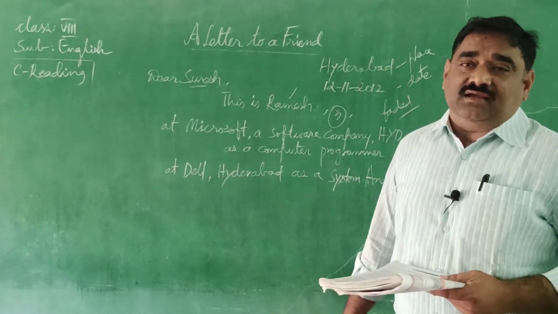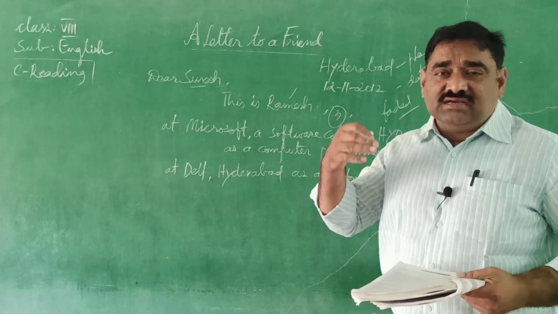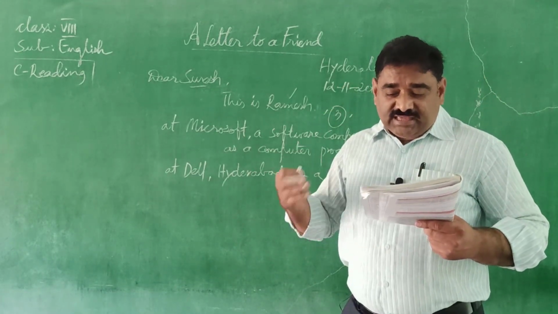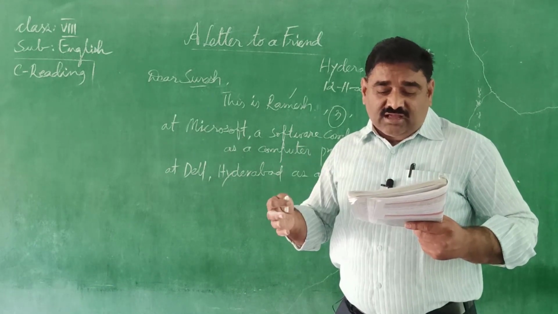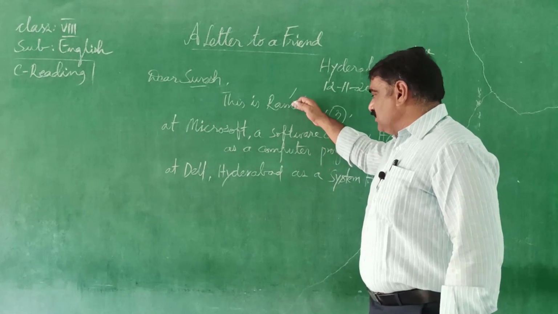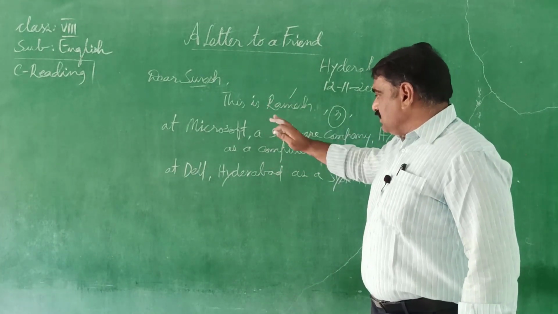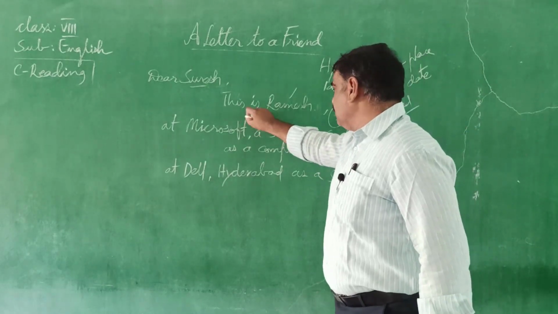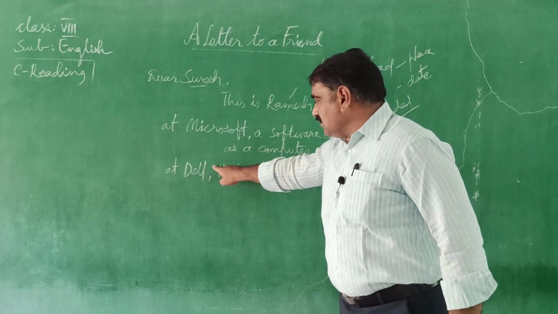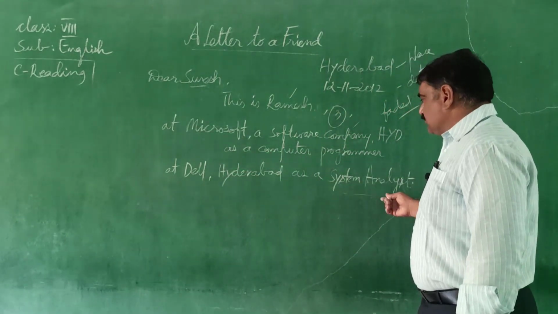How disgusting! So Ramesh expresses his feelings about his life. It was a disgusted life. We work with computers, think like computers, and live like computers. We have forgotten our family. Both wife and husband are employees, both working in computer offices only. Microsoft is a software company. Dell is not a software company; Dell is a hardware company. She works as a system analyst.